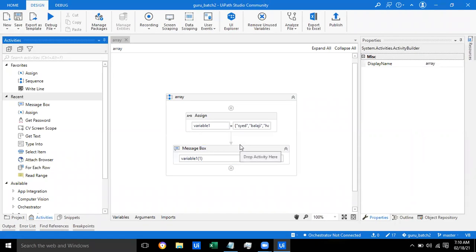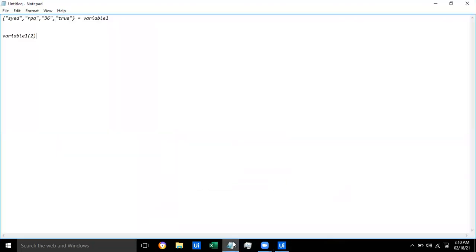Okay, consider a scenario where you want to display all the names that are present in the array.